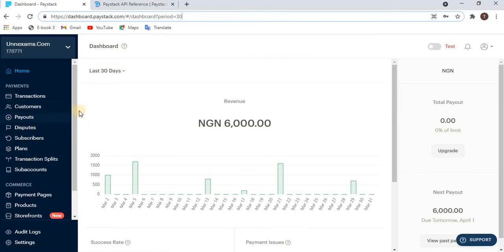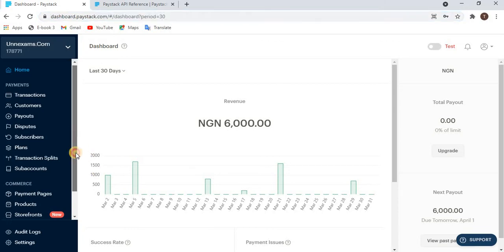So there is a free account that you can create with them. It's called a free business account, or a free personal account. Just go ahead and create that. But if you have a business, your business registered, you can go ahead and create their business account, and you have an interface that looks like this. And once you have that,